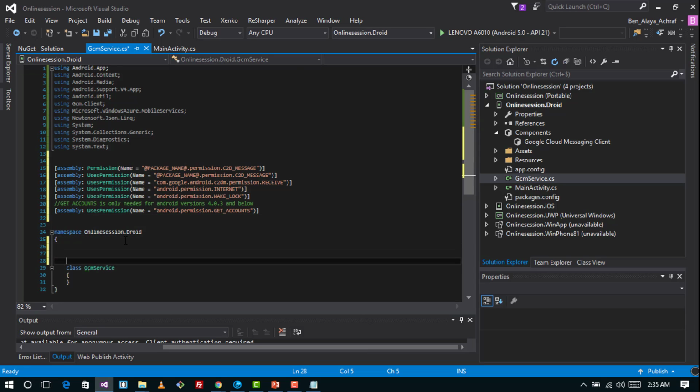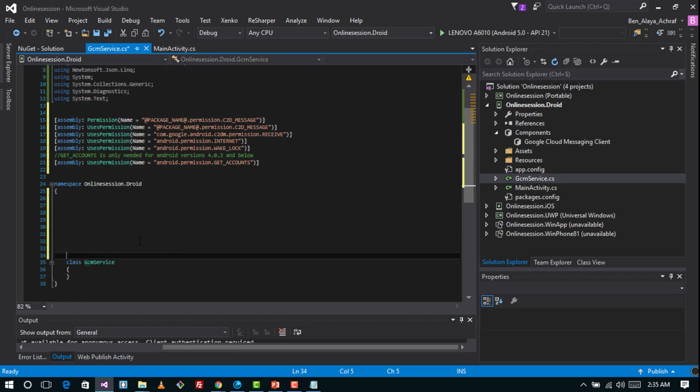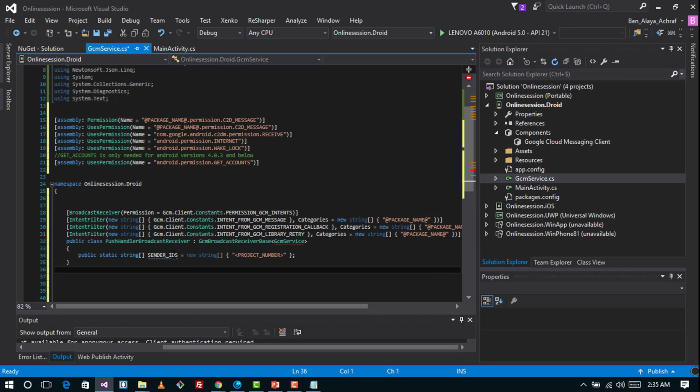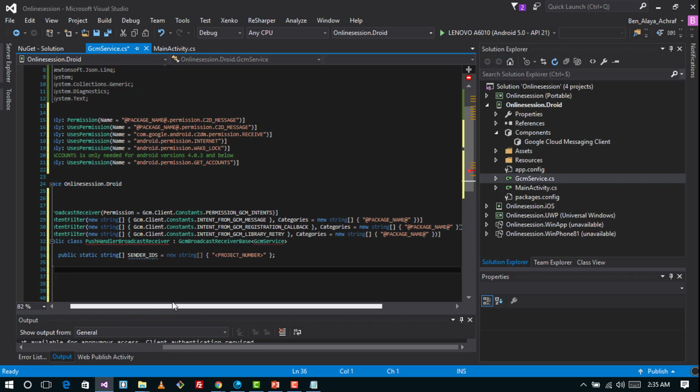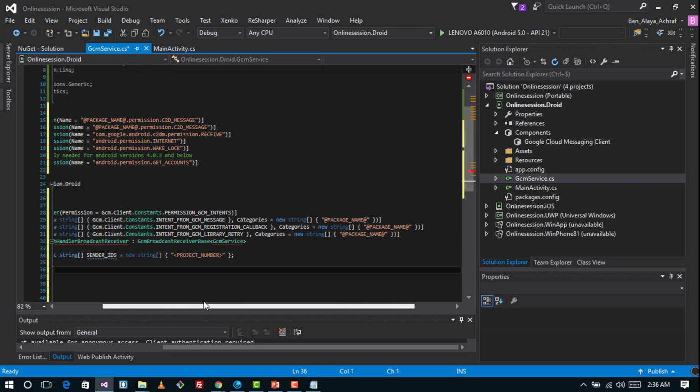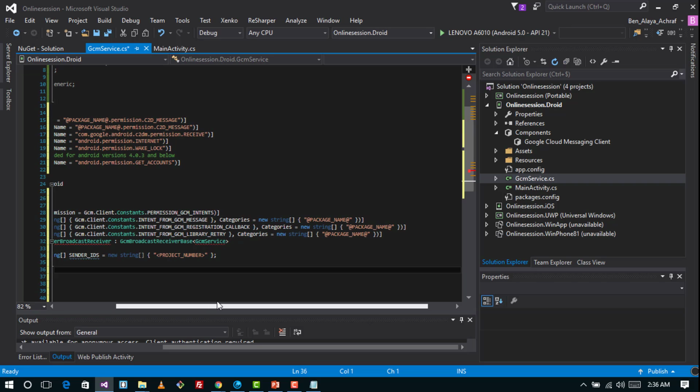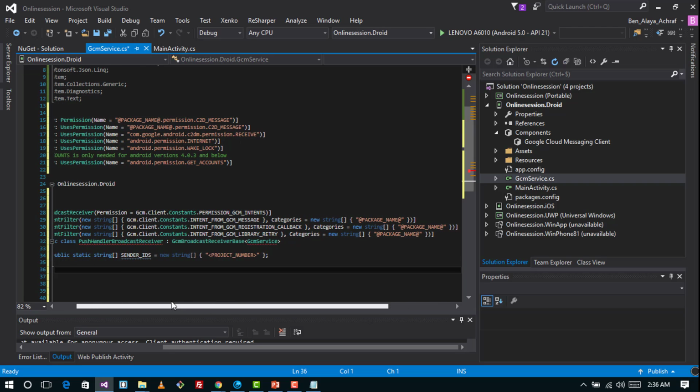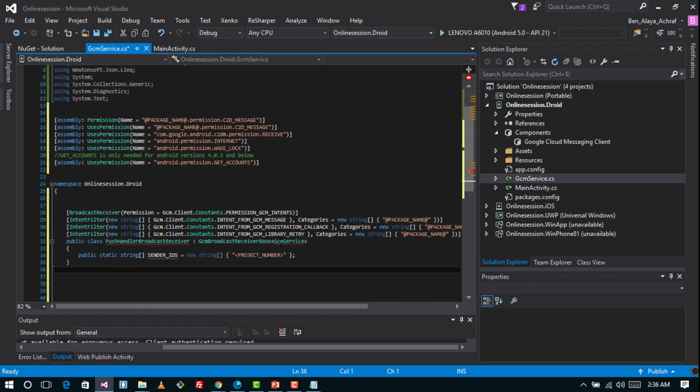Now we are going to add some other stuff right here. Here our broadcast receiver will get those permission from package name and other stuff are related to our GCM service,